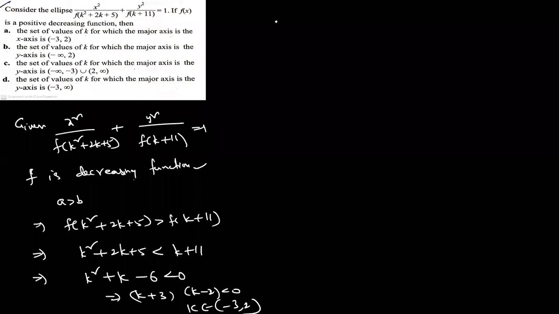Okay. What about option B? Verify all of you. Suppose major axis lies on the y-axis. Option B, verify. So what does it mean here? Major axis is the y-axis. Dear students, is it audible? Is it visible? Okay, thank you. So major axis is the y-axis, what is the meaning, dear students?